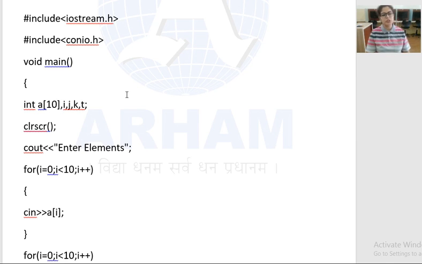So the getch function is used to stay on the output screen. That's why it is always mandatory that you have to use the getch function. Now after these two lines, the next is void main. Main is where we are going to start the main part of the program. So main is a function, void main, void is a data type.